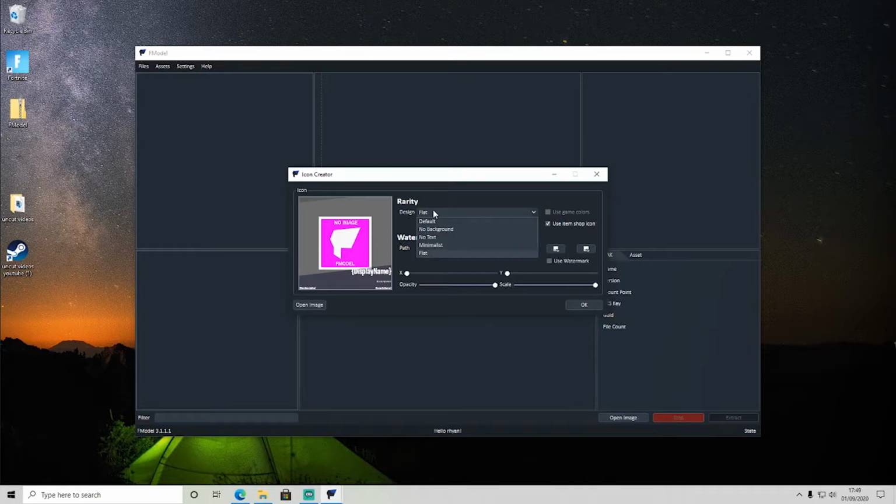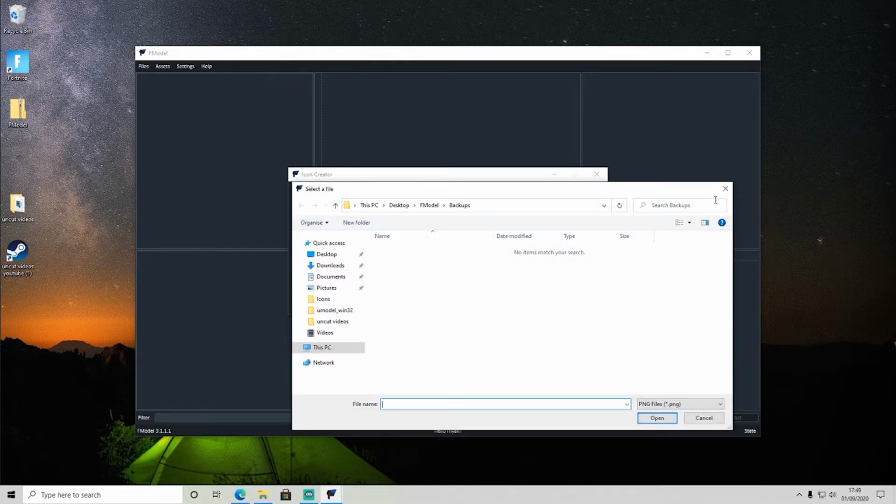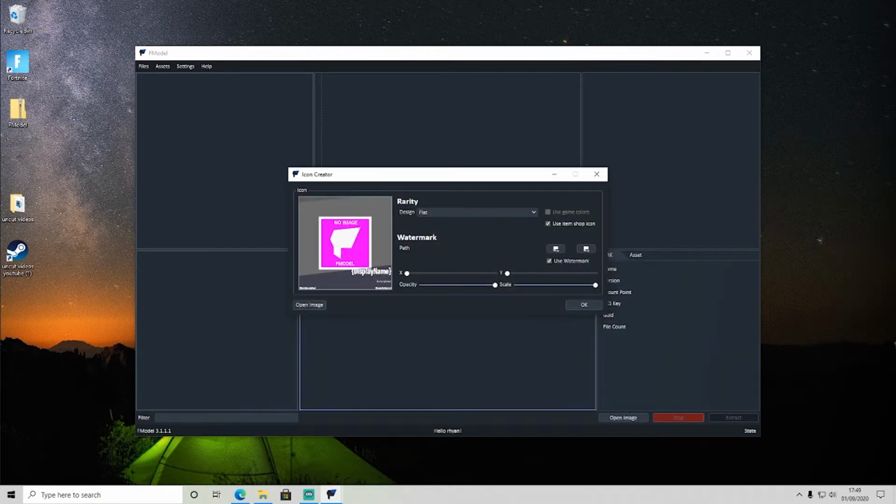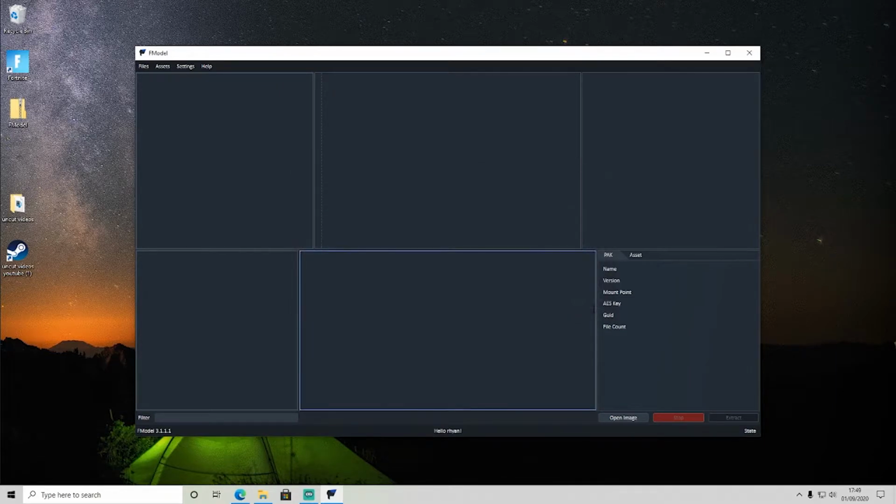You can design that in whatever way you want. I like to use Flat, but if you click Minimalist, it changes the design of it. I like Flat. Don't worry about the display name, they'll all be filled in for you. If you want to use a watermark, click the plus button, find your watermark, and then it'll be there, and then click Use Watermark, and then you can adjust the size. Like I said, I don't use a watermark. I really should. I'd highly recommend using a watermark. Now,